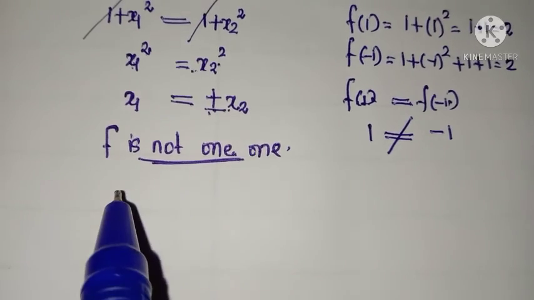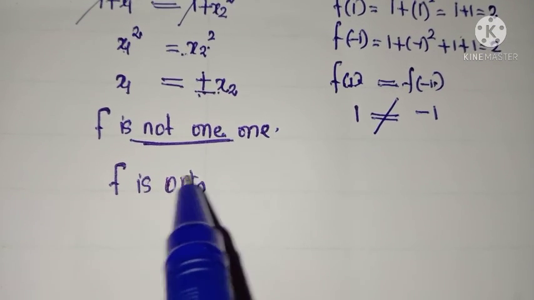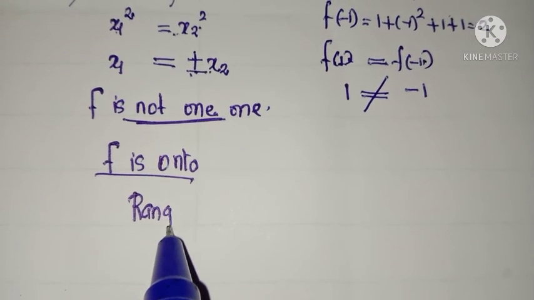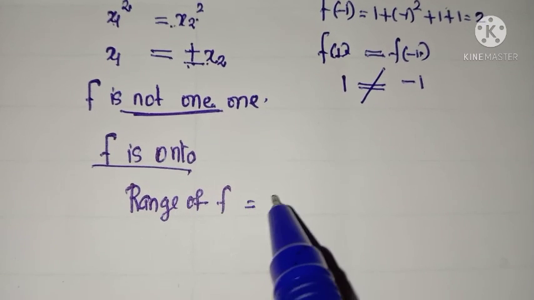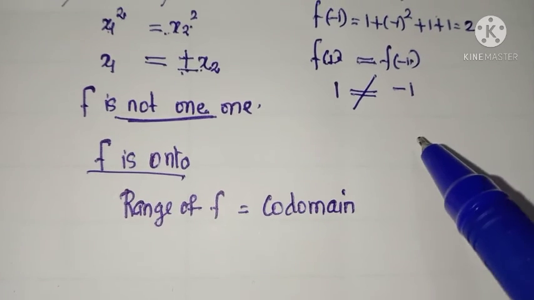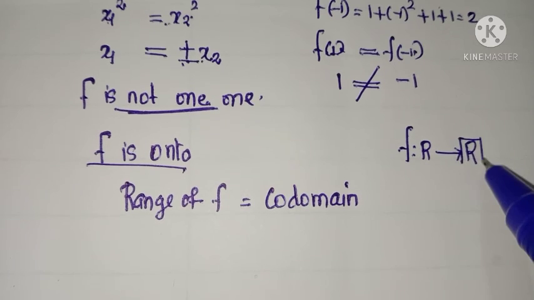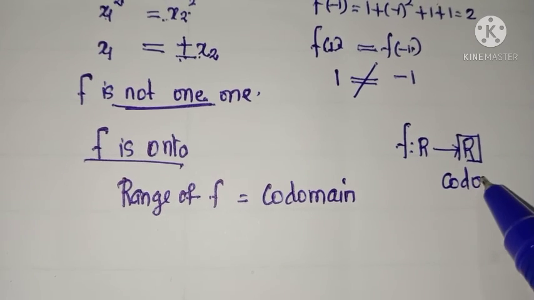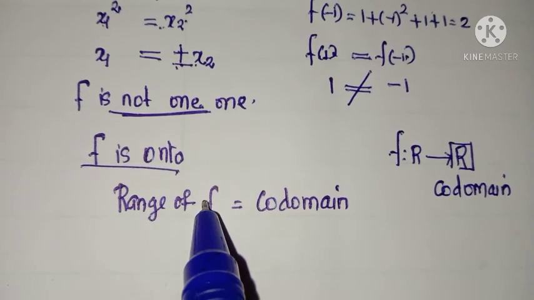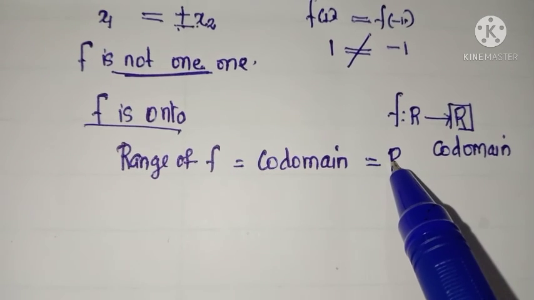Okay. Next we need to prove whether f is onto or not. Listen, to prove the onto condition, keep in mind that we have to prove range of f is equal to codomain. Here the function is defined from R to R, so the second set is known as the codomain. So here we want to prove whether range of f is R or not. R means the set of all real numbers.